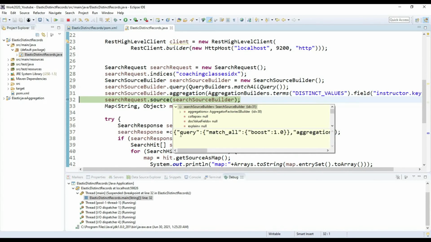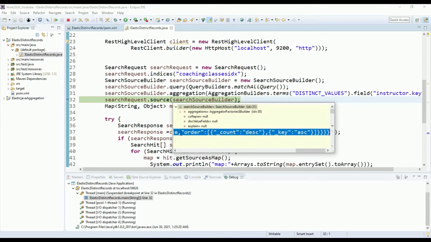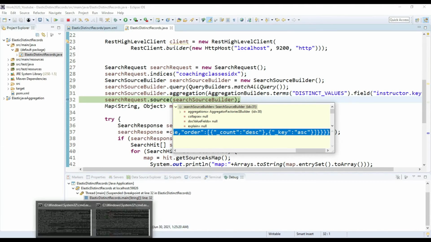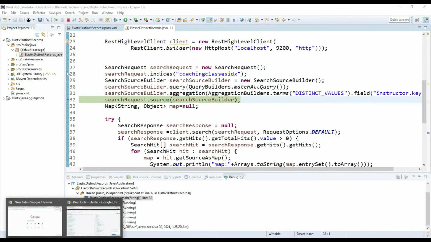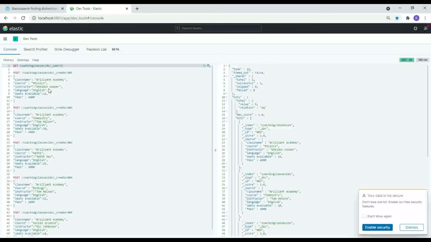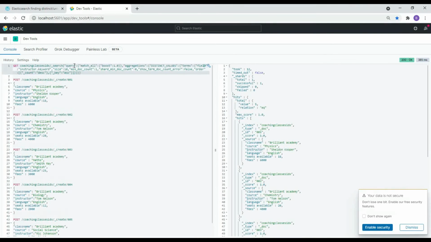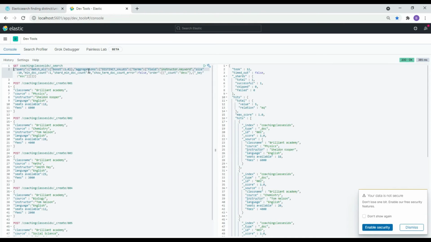Okay, so what query did it form? Let's see this in Kibana. Now just go here, paste it here, go to the settings tab and say auto indent in order to format your query. Again go here and say auto indent.